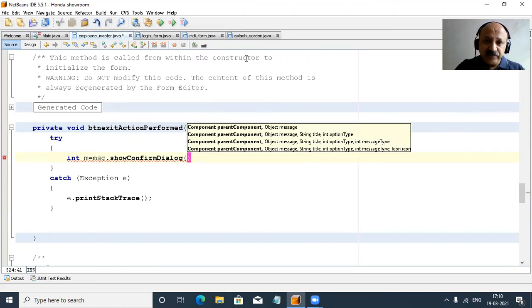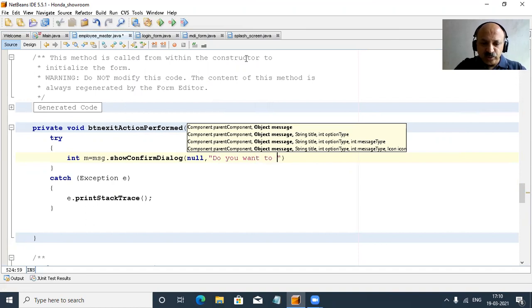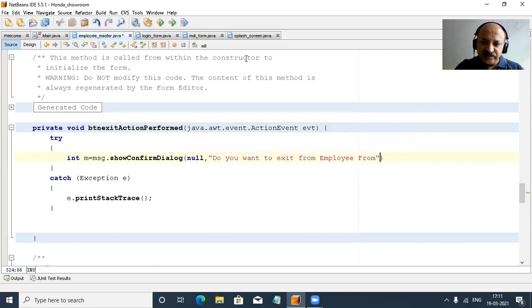The first argument is the parent component, so we pass null. Then our message: do you want to exit from the employee form? Next is the argument for the title, so we set it as Exit.